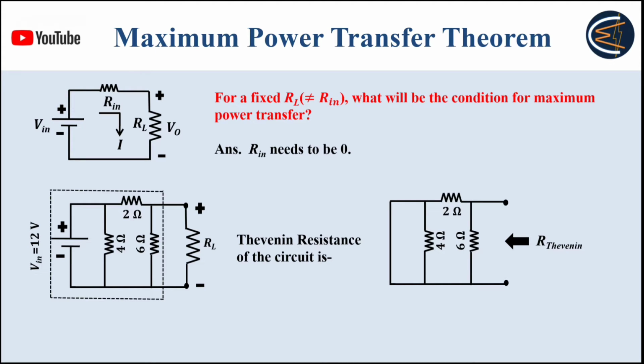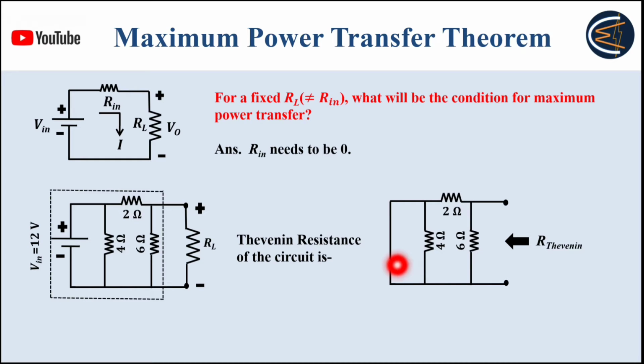For that you already studied the Thevenin's equivalent circuit, Norton's equivalent circuit, right? So here we will apply Thevenin's equivalent circuit. For that we need to first determine the Thevenin resistance. You already know, in order to find the Thevenin resistance, you first need to make that terminal open, as you can see, and you need to look through the terminal, and you need to also replace the independent voltage source with its internal resistance.